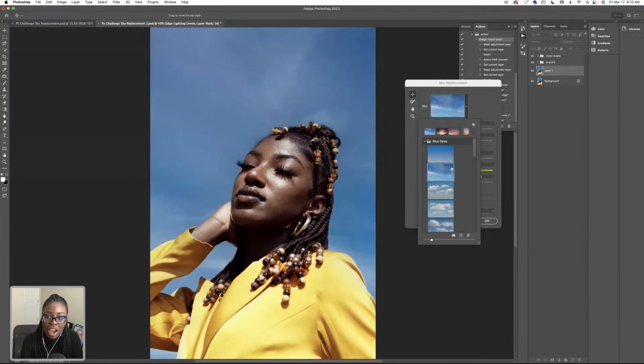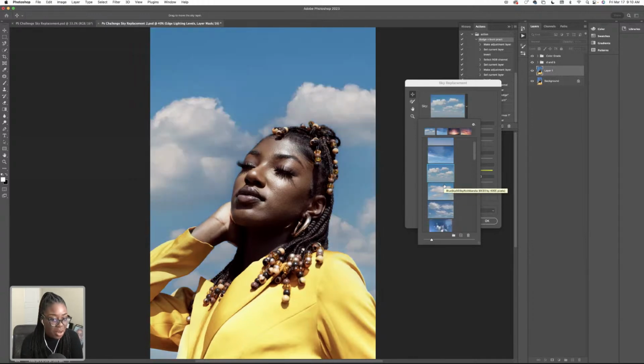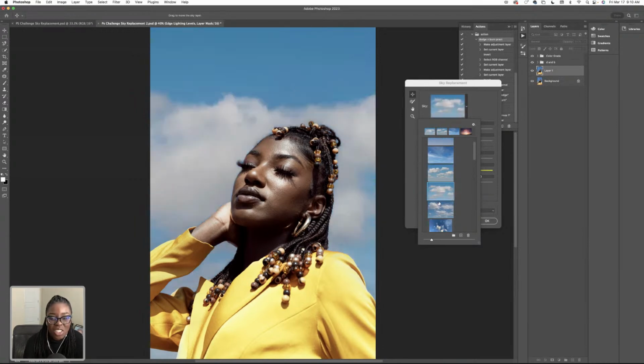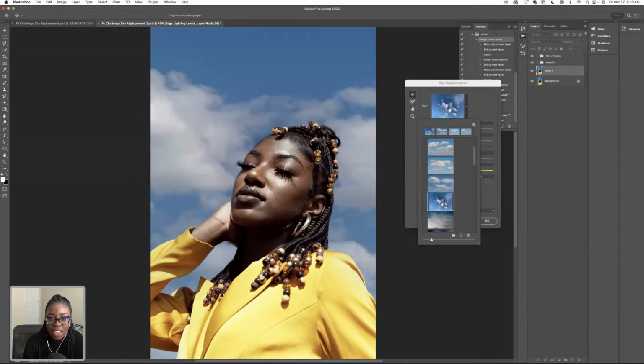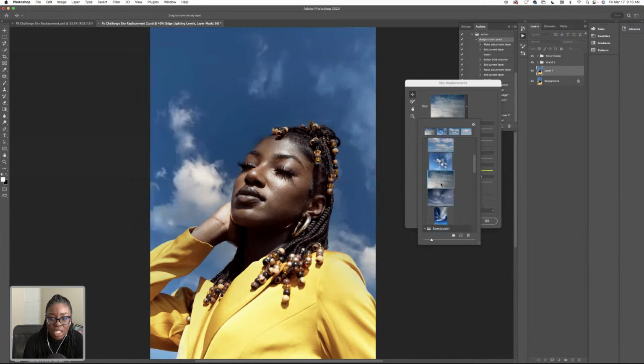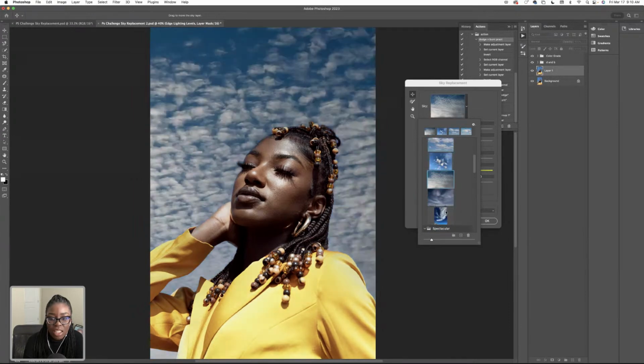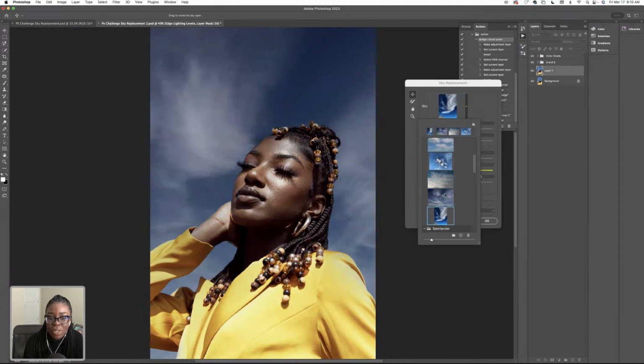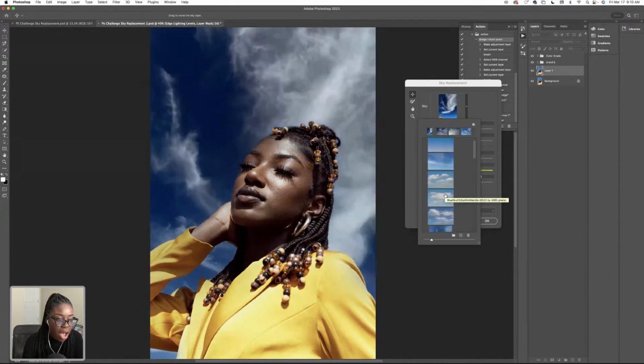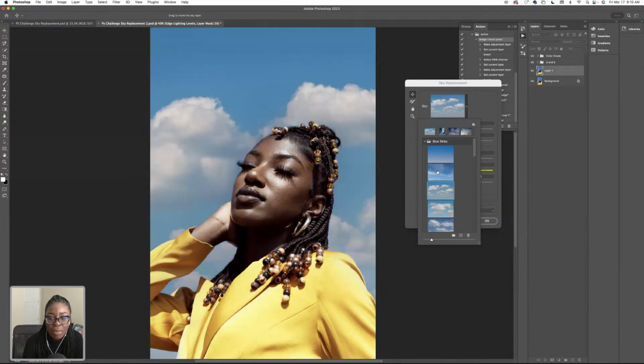So I want to keep that, as I think it might complement the photo the best. So here's one of the sky options. Let's see, if I want to throw some clouds up in there, you know what? I kind of like the clouds. It's a little graphic-y. I don't know, I like that. Some more cloud options. Let's see what else we have in here. That's an option. So we have all of these different clouds to essentially choose from. Now let's make sure I'm not missing anything in the chat. No, I'm not. Let's see what I want to start with. I really think I'm going to go with